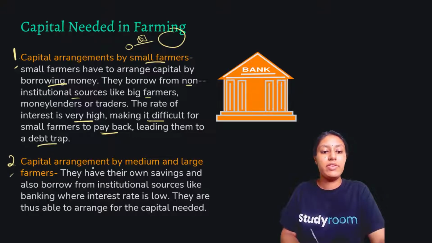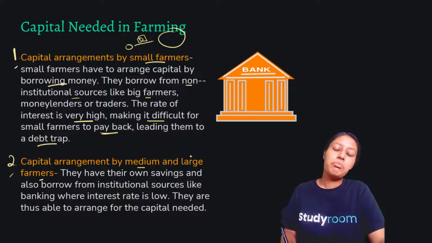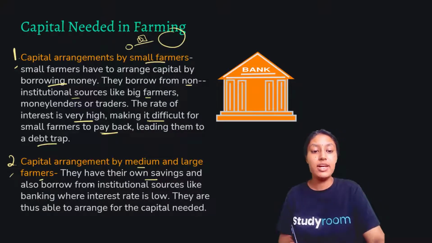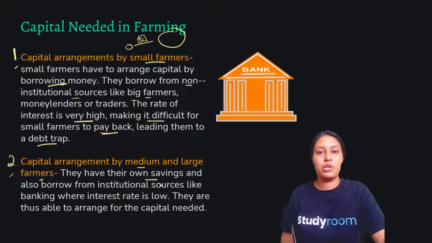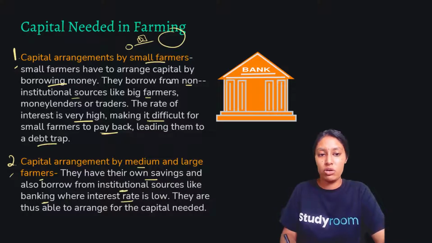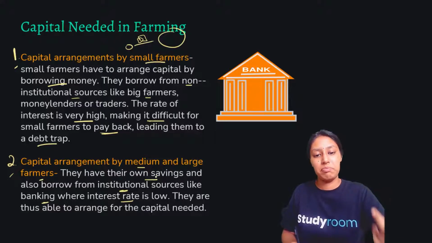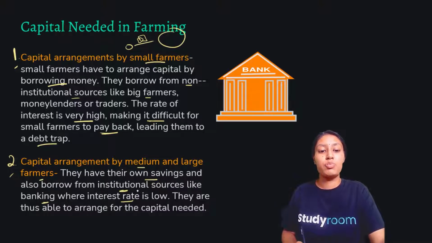Second, we have capital arrangement by middle or large farmers. Now, how do they arrange their money? Majorly, medium and large farmers have their own savings, and they borrow from institutions like banks, where interest rate is low. Small farmers used to borrow from non-institutional sources, but medium farmers most of the time have their own savings. If not, they used to borrow it from an institutional source like a bank,